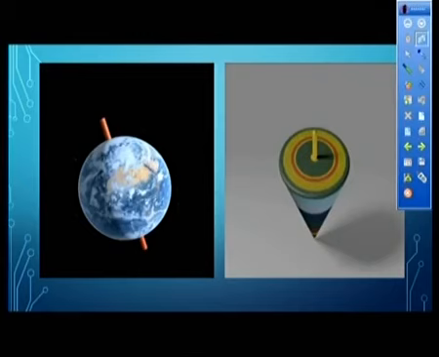That is called the top, it is also rotational motion. Then